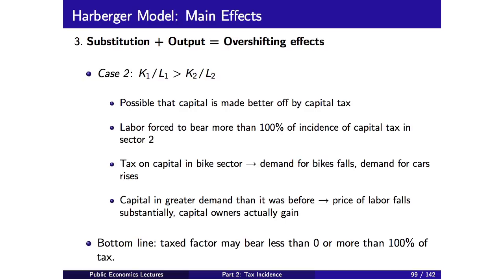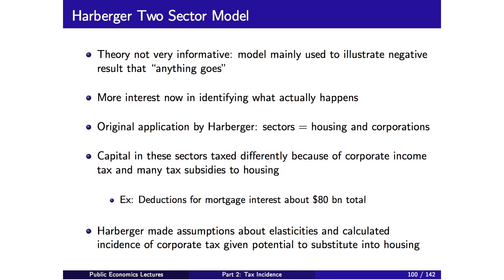But the bottom line here is that the tax effect, it's not just that theory says the impacts are between 0 and 100%. Here you can't even say that. It could be negative, it could be over 100%. You really have no idea. It depends upon a combination really of all these substitution elasticities and the relative capital intensity of the two sectors, all right? So that is one example of, I think, a bit of a disillusionment with pure public finance theory